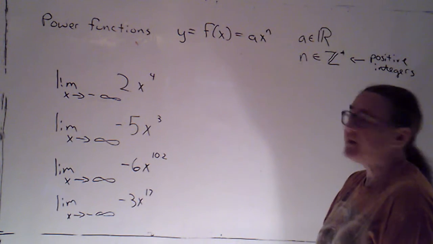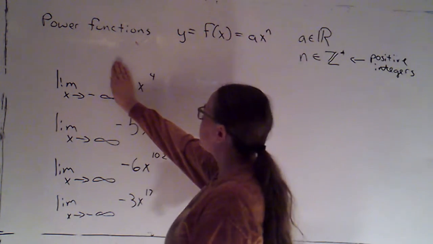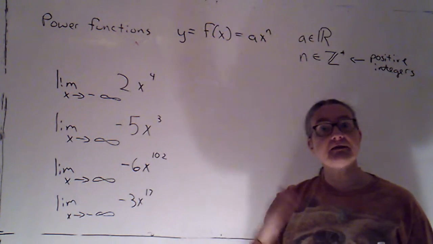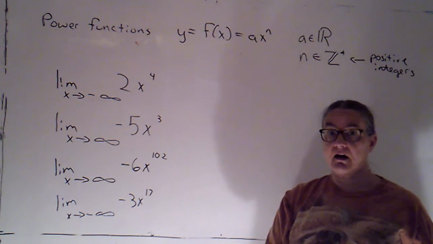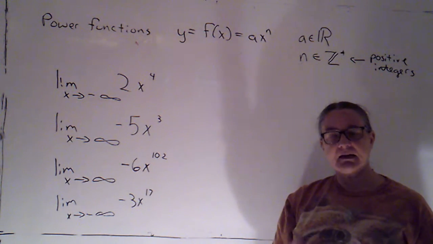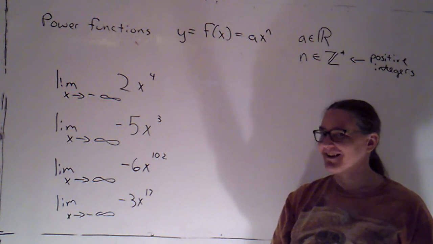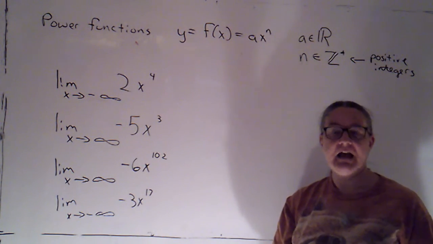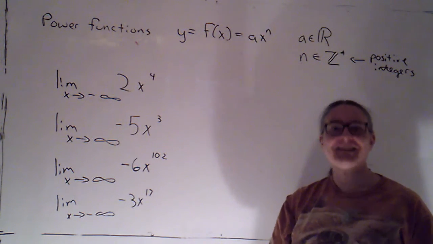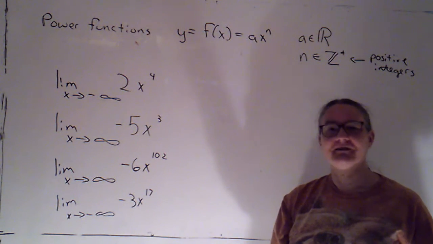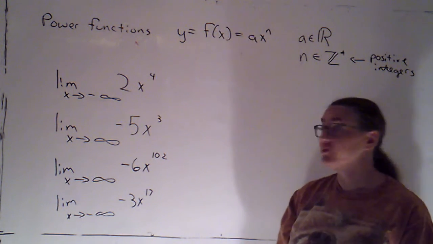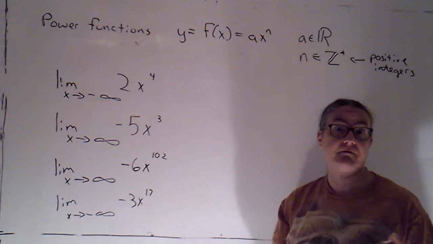What I generally do is I first just look at what the power does. And for that, I'm concerned with, is it even or is it odd? If it's even, it does the same thing on both sides. So it doesn't matter whether I'm going to infinity or negative infinity. But if it's odd, it does the opposite thing on the left side and the right side. So then I need to be very careful about was x approaching positive infinity or negative infinity.